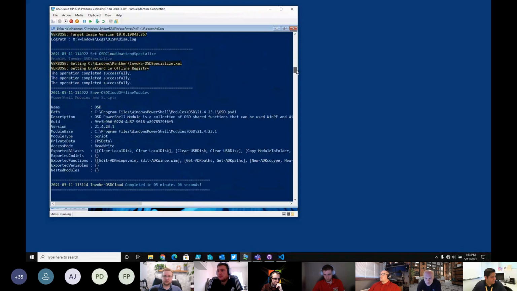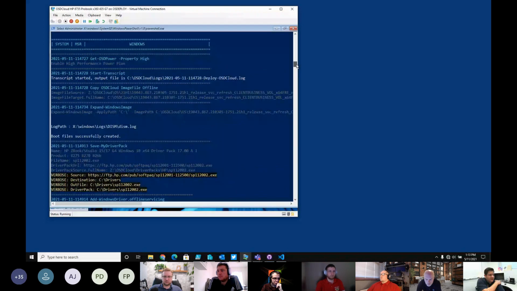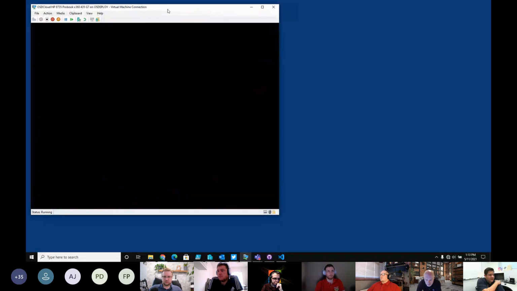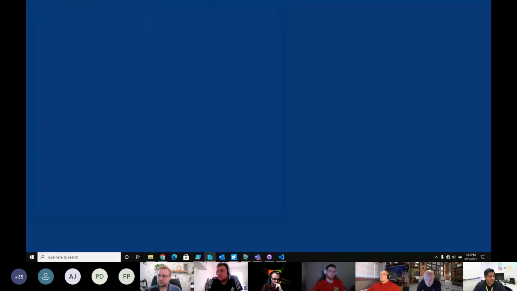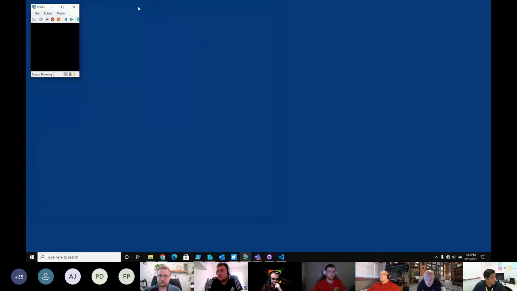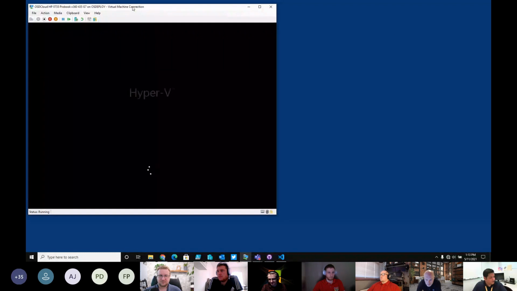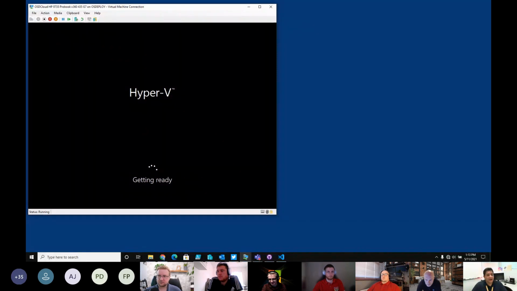And what we should see is we should see in Specialize, it's going to unpack this. And sometimes when I restart a VM, it doesn't pick up automatically. I guess this happens to everybody, not just me. But we're going to let that cook. And we should see the HP driver that exists in C drivers unpack. I hope everyone can see that.